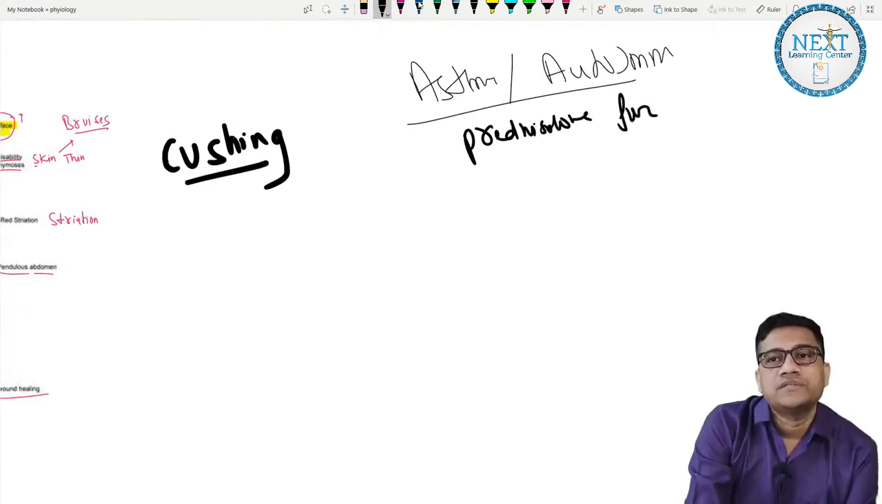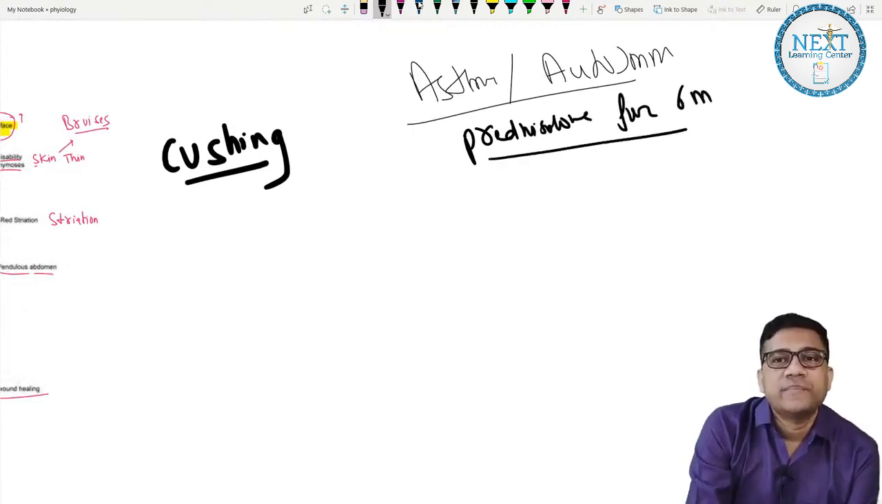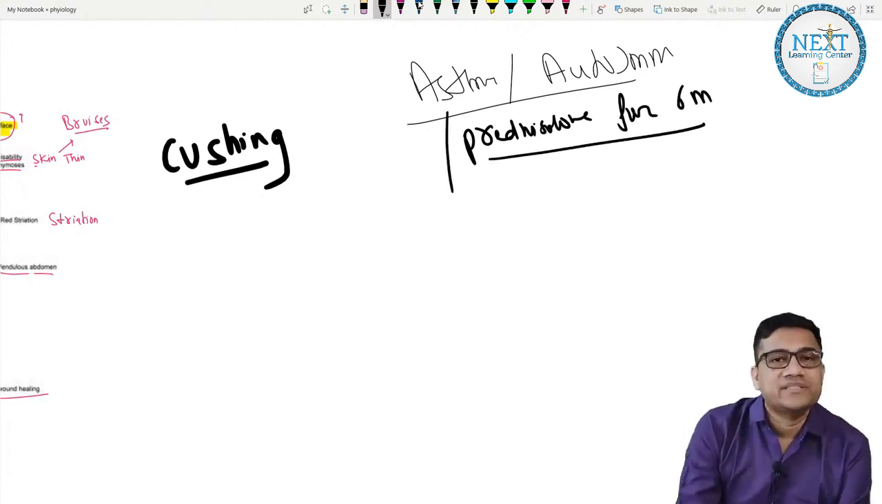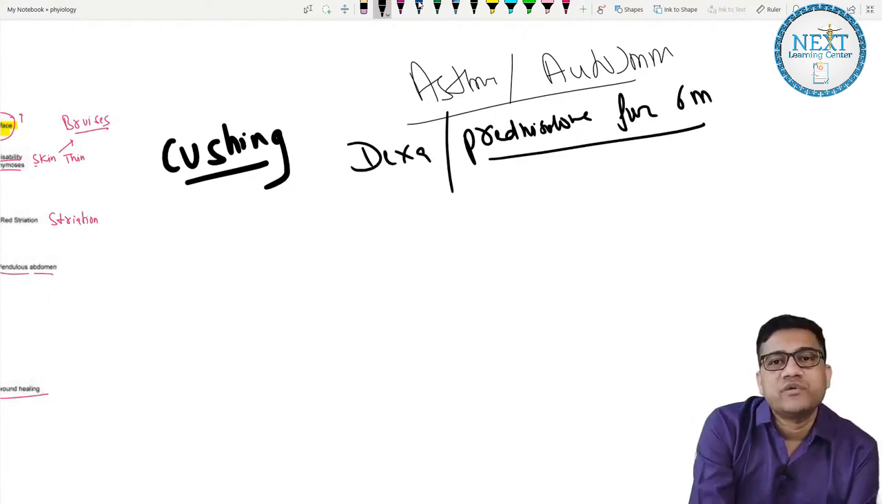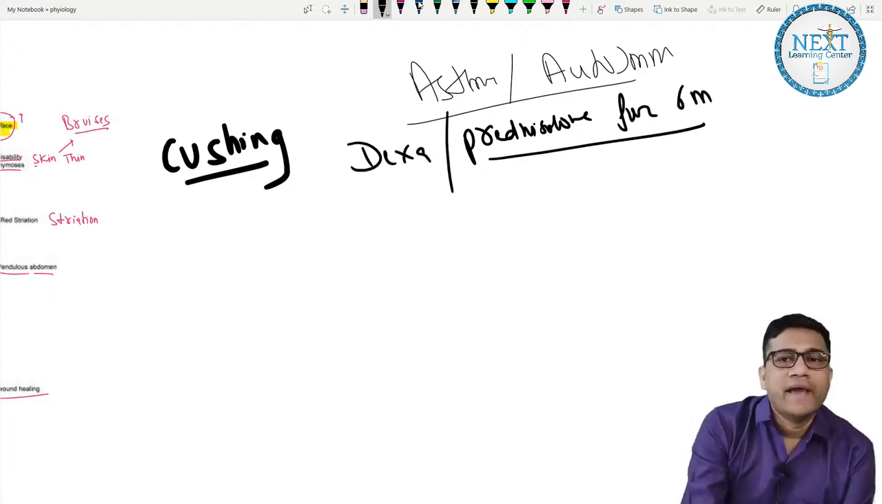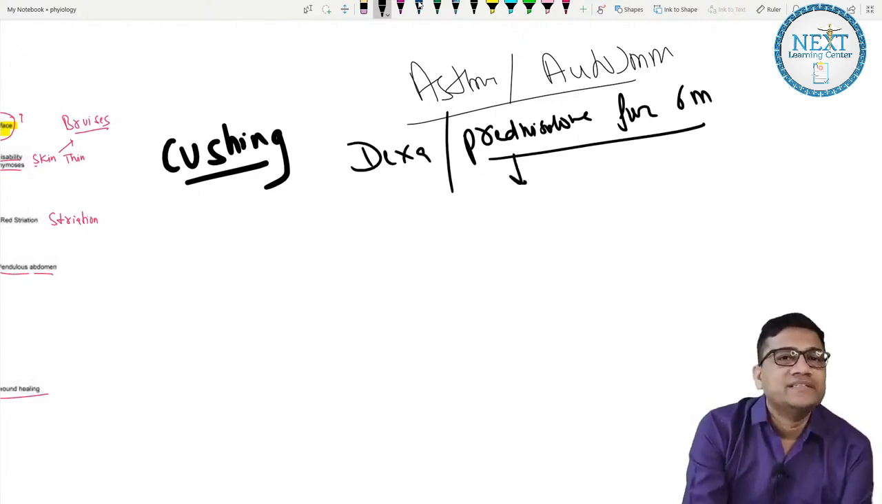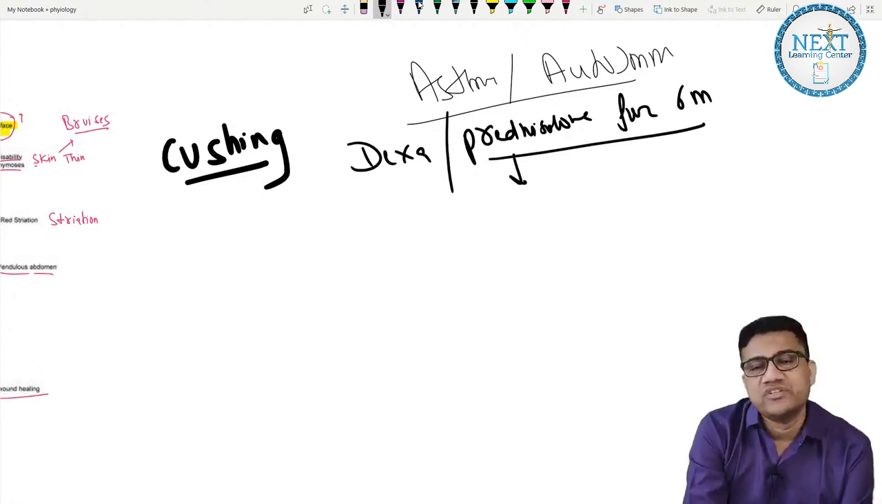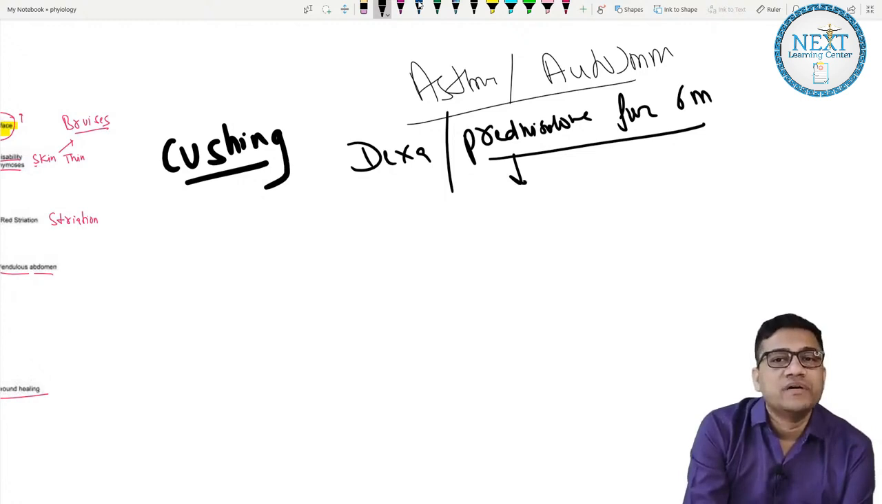Okay, for the past 6 months, they will say prednisolone or hydrocortisone. So he is being given, or dexamethasone. So he is given steroids for the past 6 months. Okay, clear? And now recently he has developed weakness or increased risk of fracture, or he has developed a big